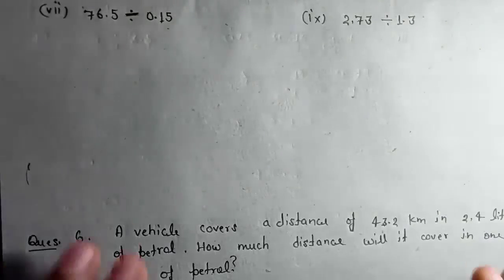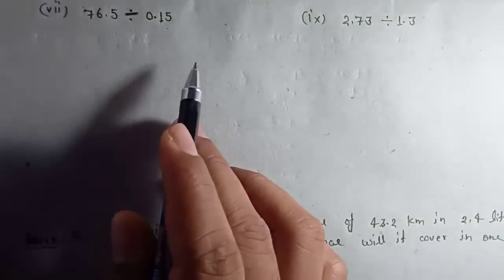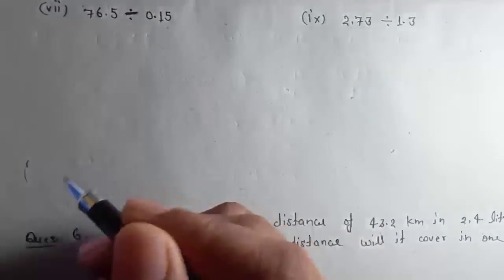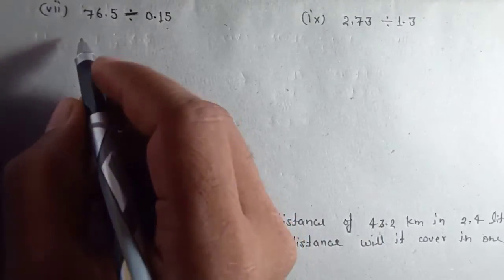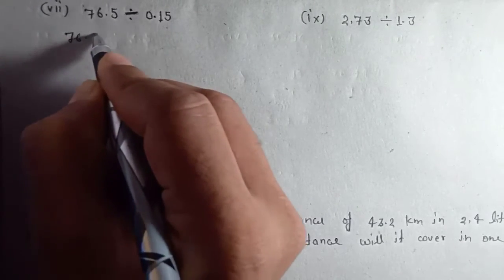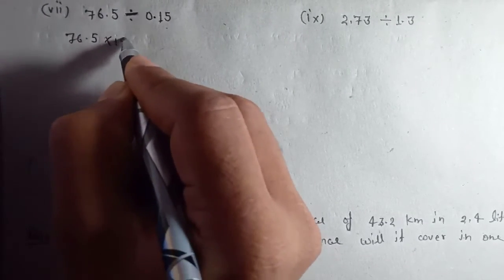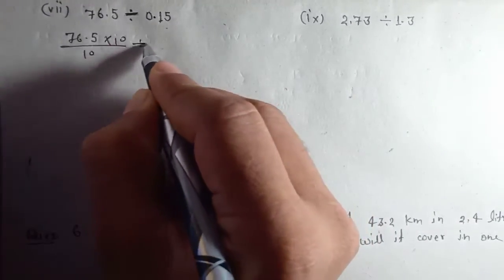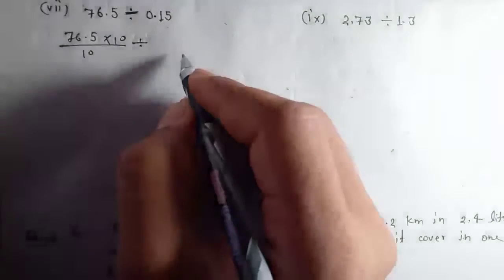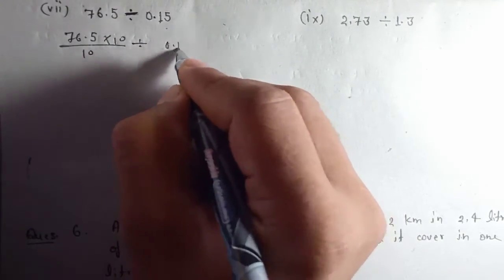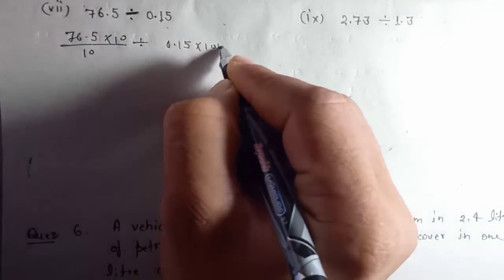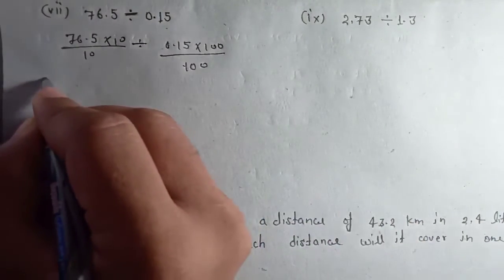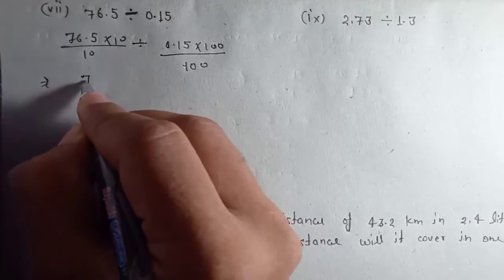We have the next part of the question. 76.5 is divided by 0.15. When we divide these two numbers, first convert into fraction. So 76.5 is multiplied and divided by 10, and this 0.15 is divided by and multiplied by 100. You have both the methods, you can apply any method. Now it becomes